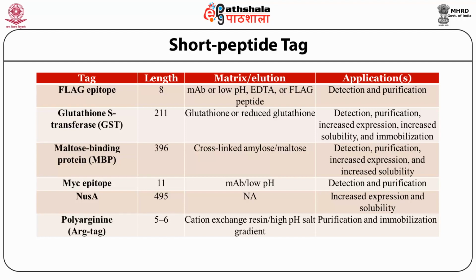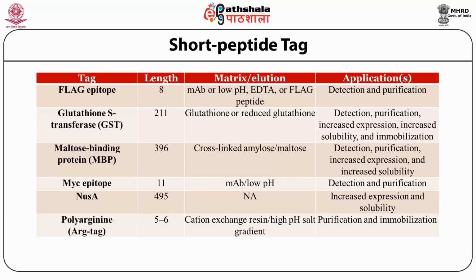And it is noteworthy to mention here that FLAG epitopes are used for cellular localization as well as for ChIP analysis, where we pull down protein DNA complexes as well as to pull down protein complexes as well. So FLAG has been extensively used. The next one is glutathione S transferase. The matrix is glutathione, and it is eluted in presence of reduced glutathione. This is used for purification, increased expression, solubility or